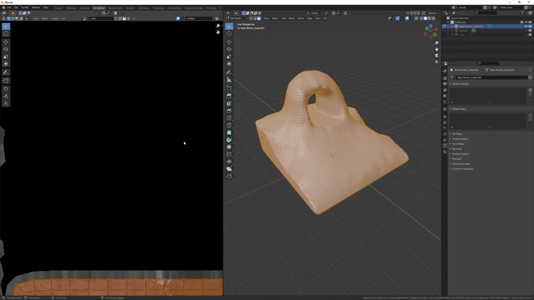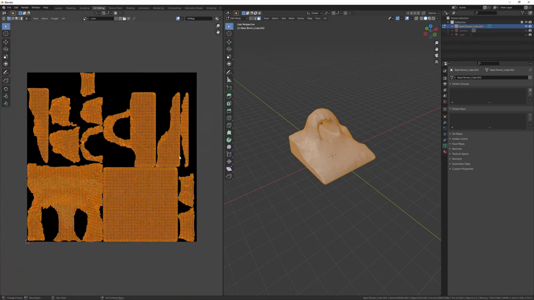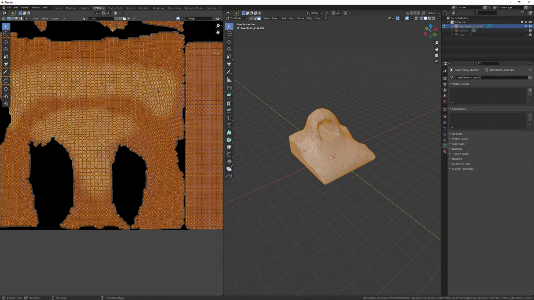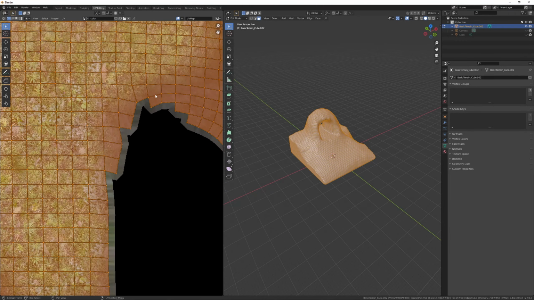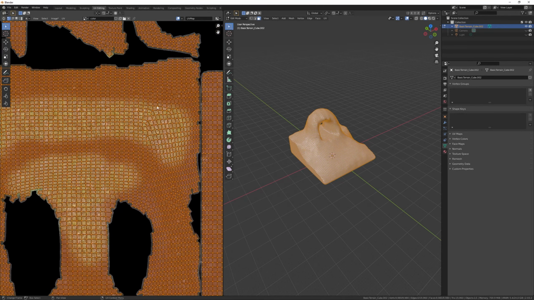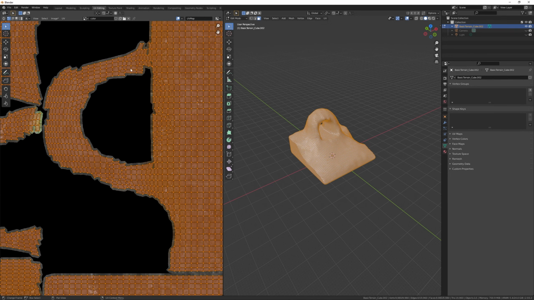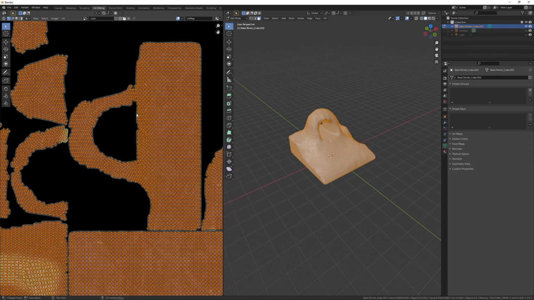If we go into UV editing, you can see that this unwrapped mesh matches perfectly on what we baked out from the shader.